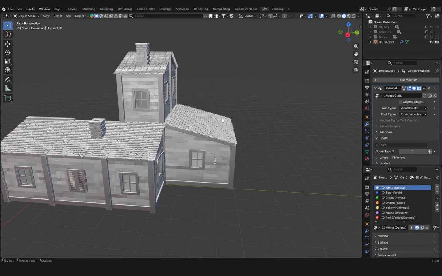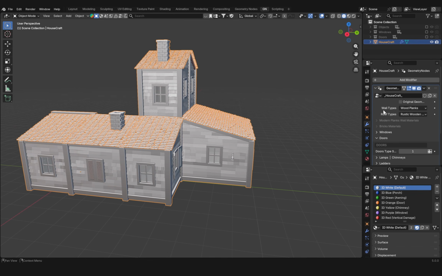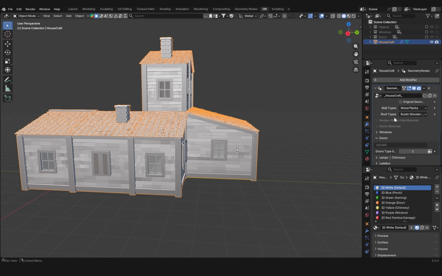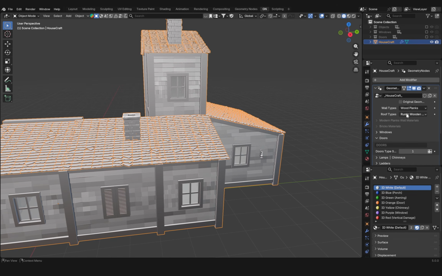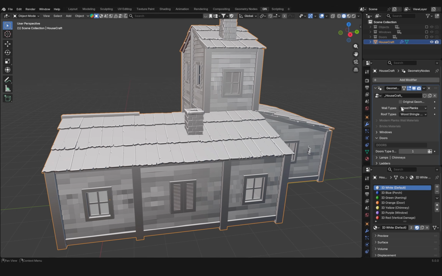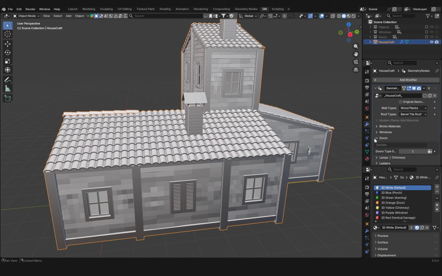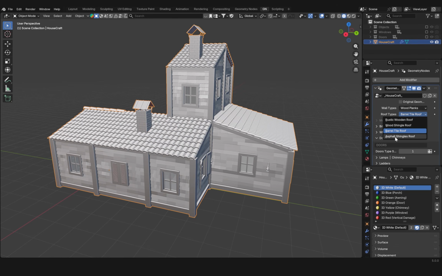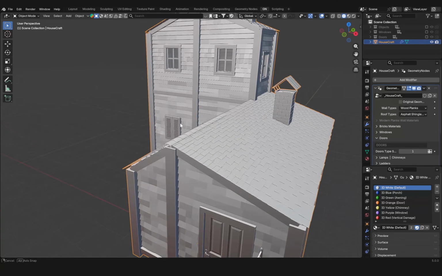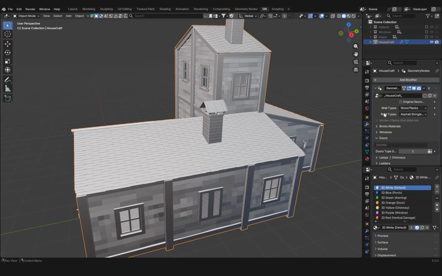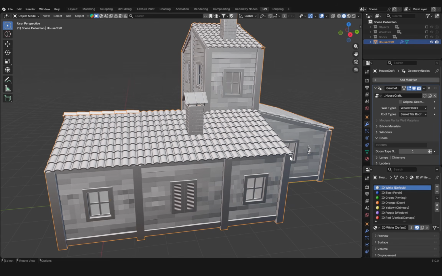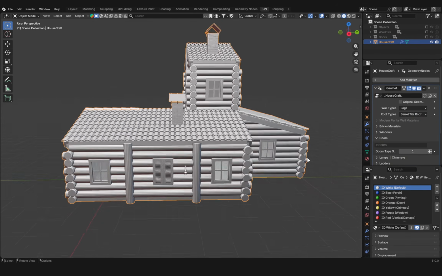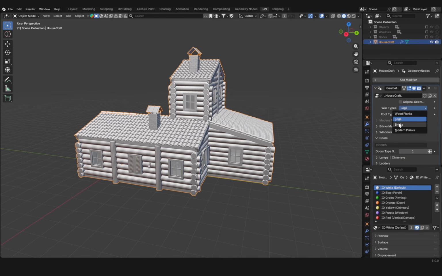Now, these are not just the only things you can do to this house. You can see that they have different wall types and different roof types. So we can change this to a wooden roof. Change this to this barrel style roof. I like this. And change this to asphalt shingles. Okay. Let me do this, and then we have different wall types. Can change this to logs, bricks,